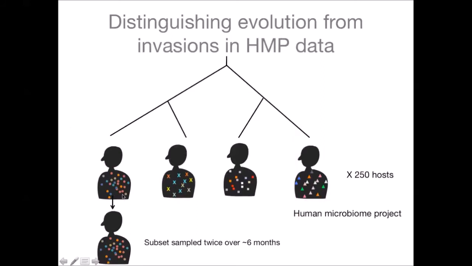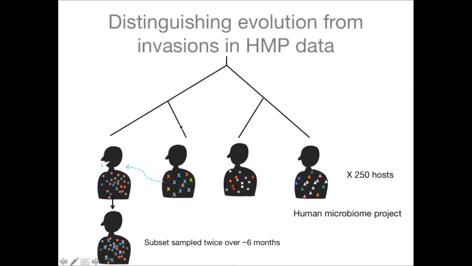And B. vulgaris, over a long evolutionary time, would have accumulated a lot of changes. Whereas over a little bit of time, we would expect to see, for evolution, just a small handful of changes accumulating. For an invasion, we'd see that lots of changes would enter the host due to a lot of evolutionary